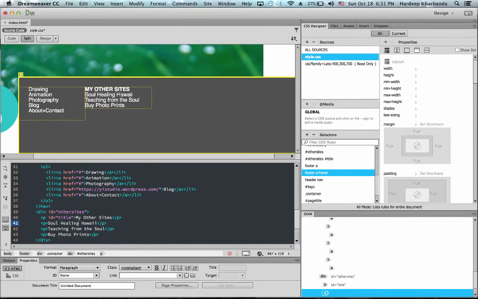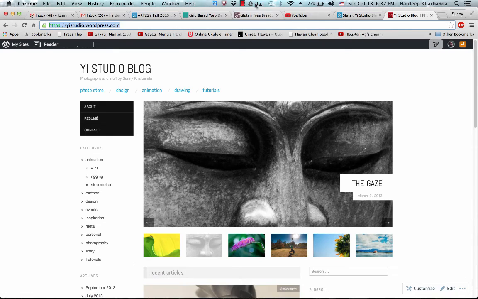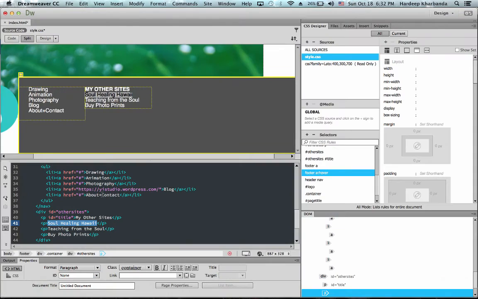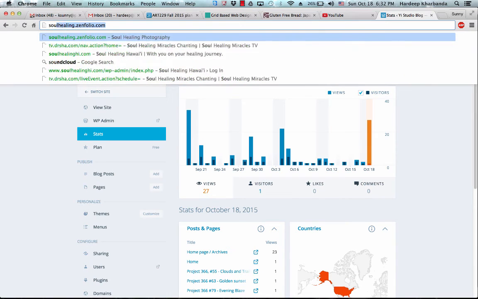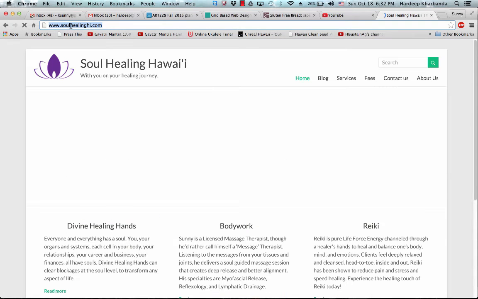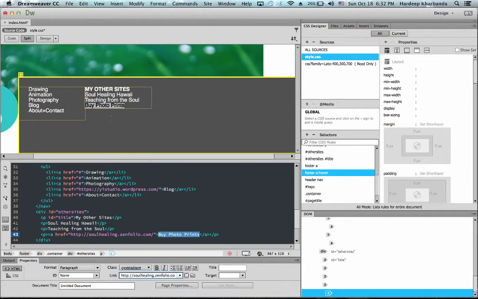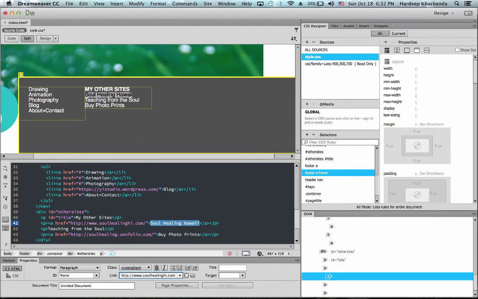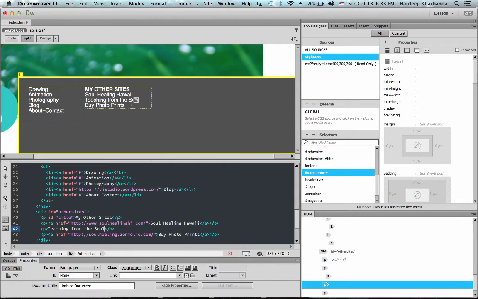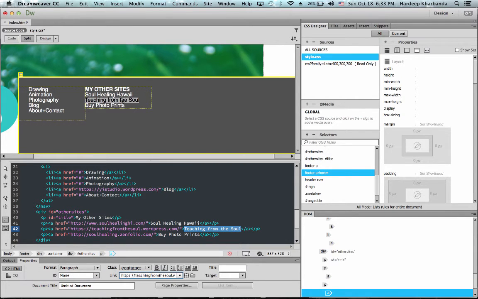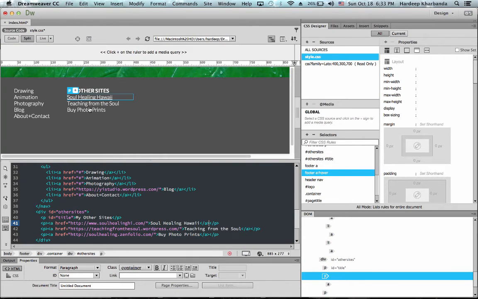Back in design view, I'm going to go and link all of these guys. So now I have linked all of my menu items in the footer.